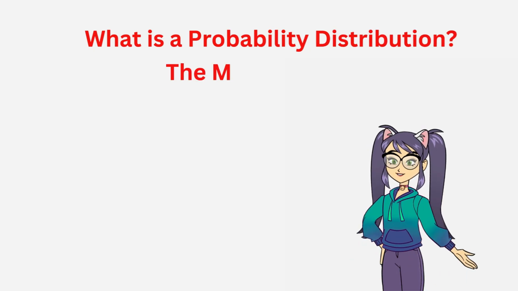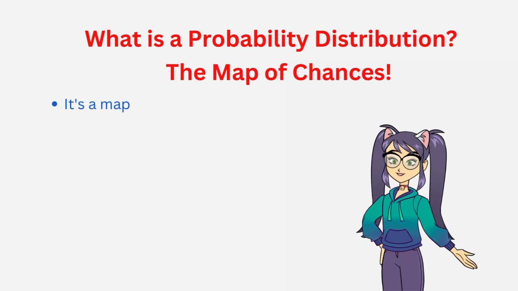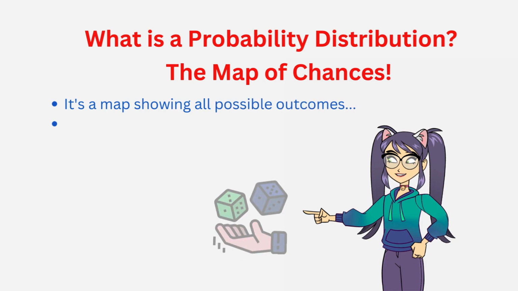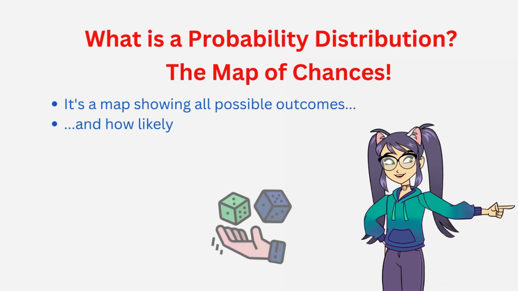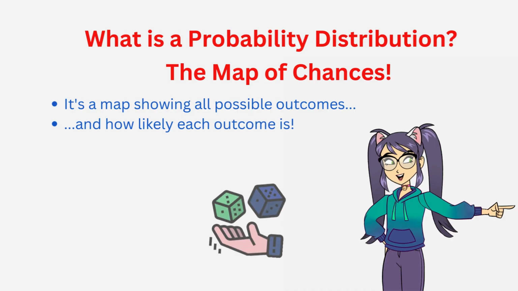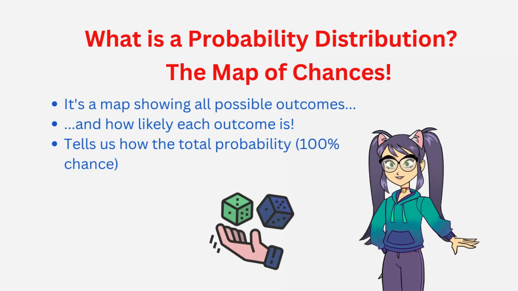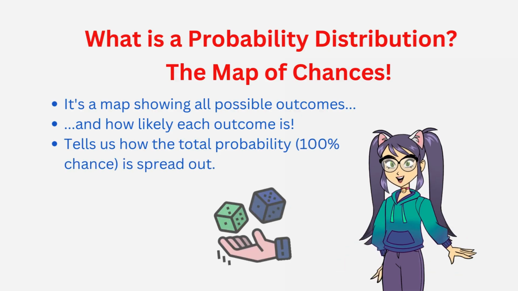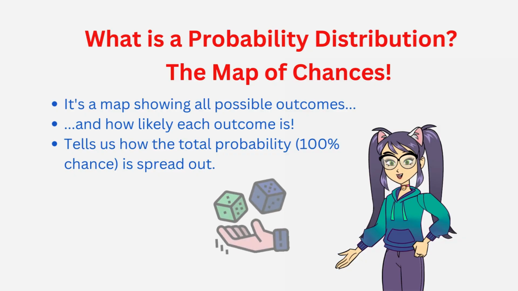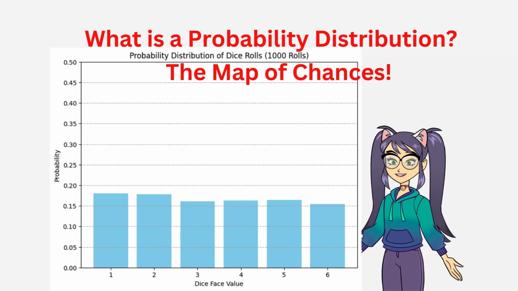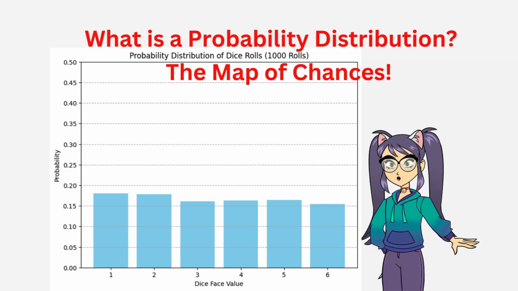All right, now for the star of the show, the probability distribution. Imagine it like a map, but instead of showing land, it shows all the possible outcomes of our random variable, like all the possible results of rolling a die. And crucially, it tells us the chance or probability of each outcome happening. It shows how the total 100% chance is distributed or spread out among all the possibilities. Is one outcome super likely? Are they all equally likely? The distribution tells us, like you can see on this chart, probability distribution of a fair dice, all numbers equally